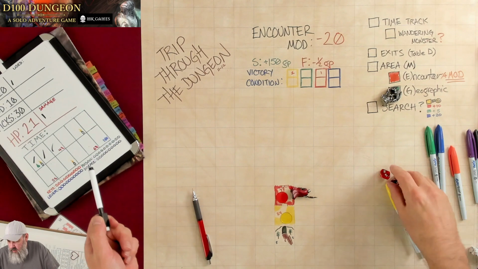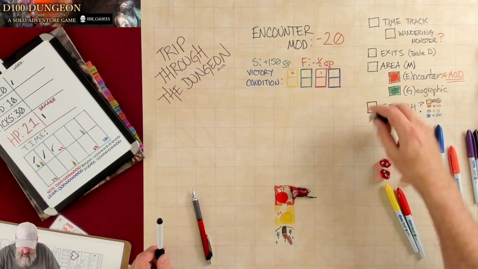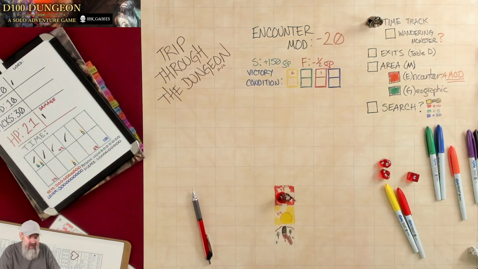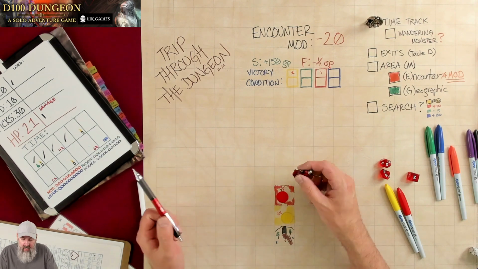Oh, and I have to roll for a wandering monster in this place. It's a check of 4, so there's no wandering monster. Our searching is over. We go back up to the time track. 1 more mark on the time track. Now, where do we go? There's a door up north, and we can just kind of walk over this way. You know...